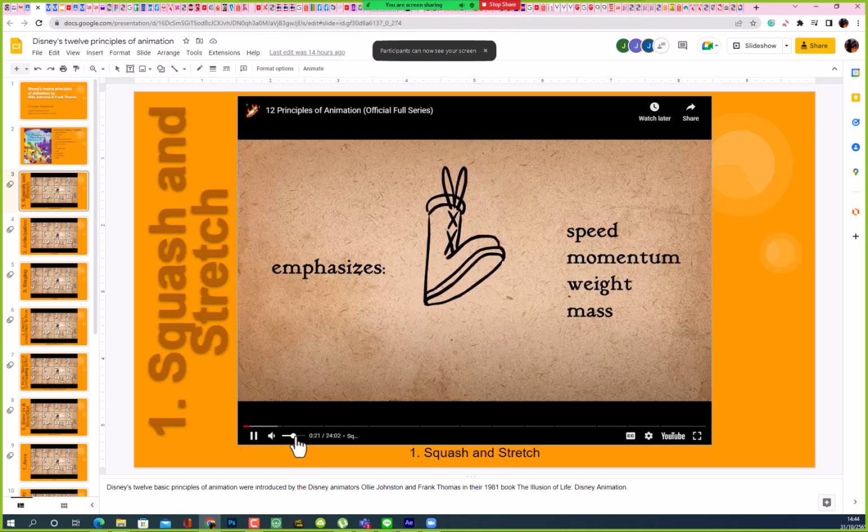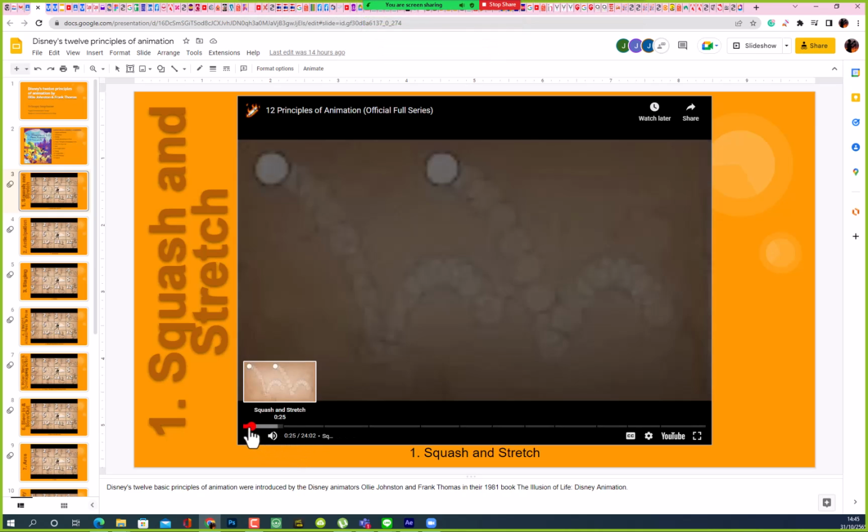Momentum, weight, and mass. Here's a bouncing ball that has squash and stretch. Hey guys,